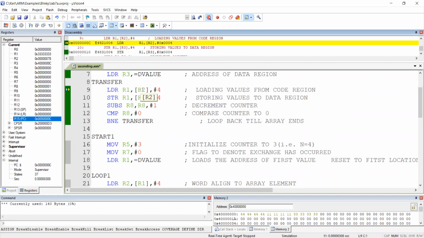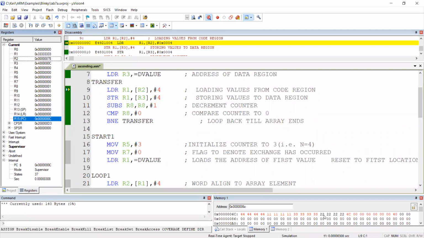What happens for the transfer this time? It's the last number. From which address to which address? Can you take the help of a register and show what the from address is? If you want to check the from address, go to memory 1. Keep counting: 6C, 6D, 6E, 6F, 70, 71, 72, 73, 74, 75, 76, 77. So you are fetching from address 78. You can see here also 78.